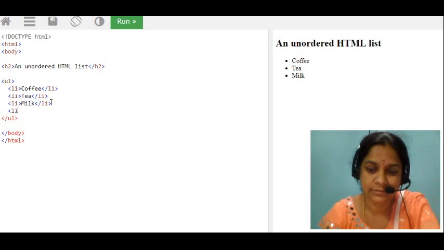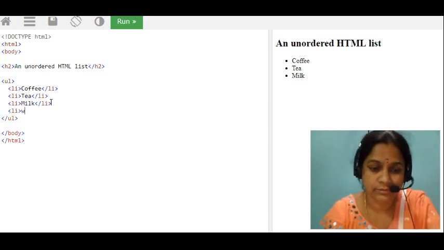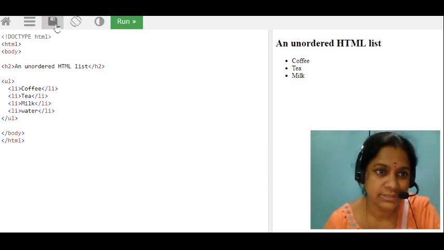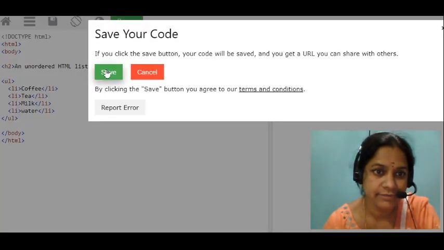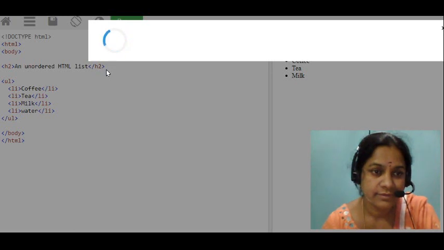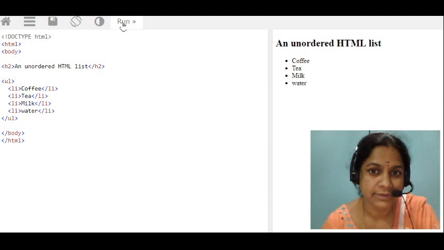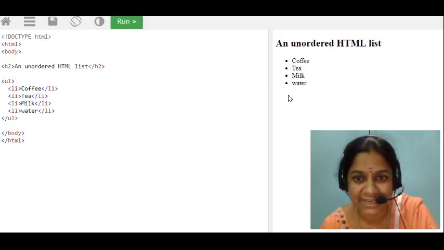LI water. Water also we are going to add, with slash LI. Okay, I am saving it. Save. Next I am running it. Water. It is going to get a water.